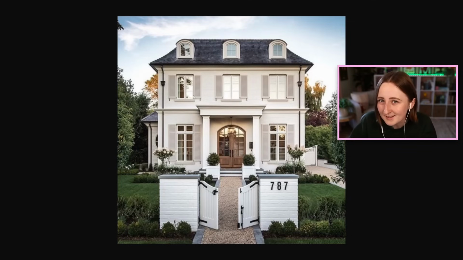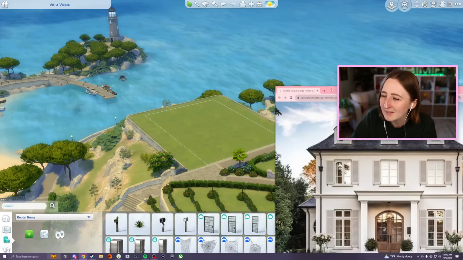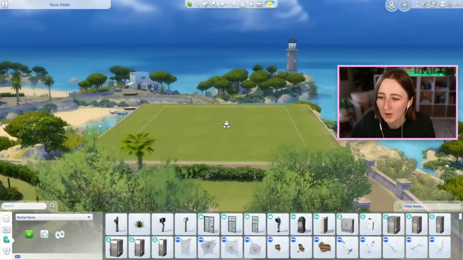But then there's this concept, which is obviously completely different. This is a modern take on a French country house. This is a little bit more my personal style, but I feel like both could fit the vibes of the pack, so I've been struggling to decide. Honestly, I might end up doing both inspo pics at some point, but I'm leaning more towards this one today. And I was thinking that we could try and do it on this beautiful lot with this fancy